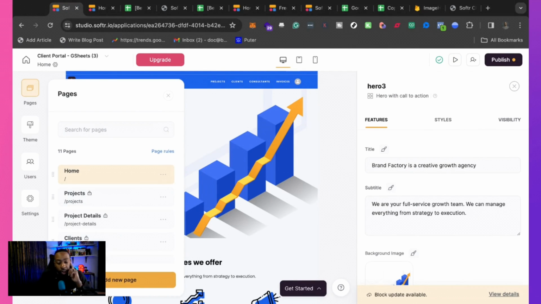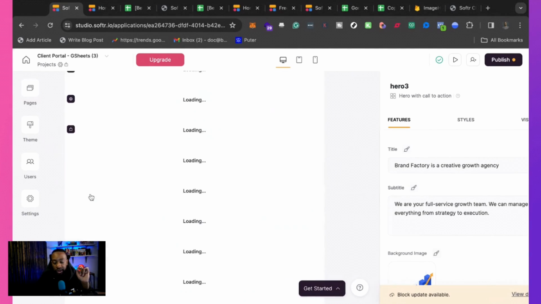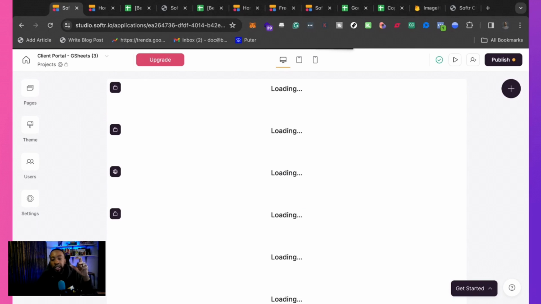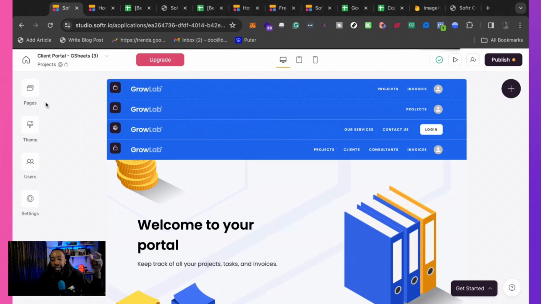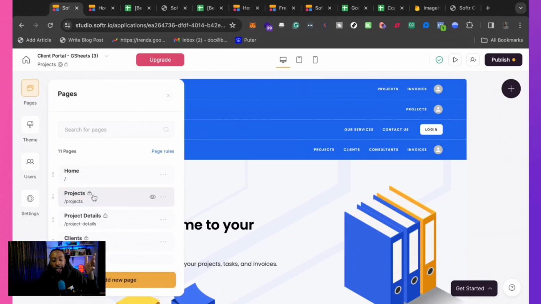One more thing that we want to take a look at is as we're building out these pages, we see how we have 11 different pages, but on the home page, there's no lock icon. If we see the lock right here, it says logged in users, right? That lock determines who's going to see that page. So as you're navigating and seeing this lock, you can look at the different page rules. Now, if you want to change some of the page rules, where you see the 11 pages right here, where it says page rules,